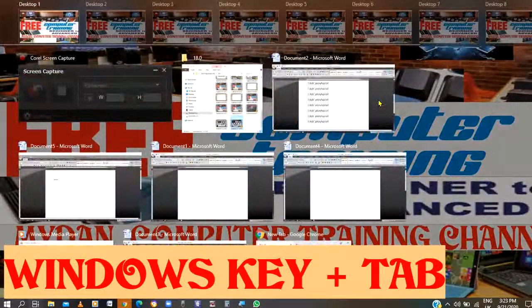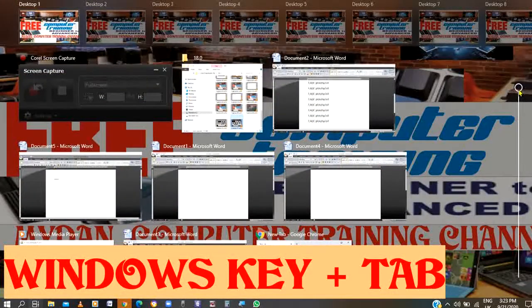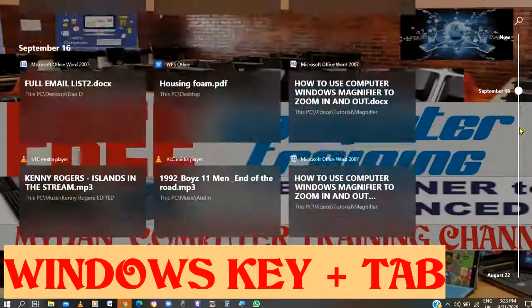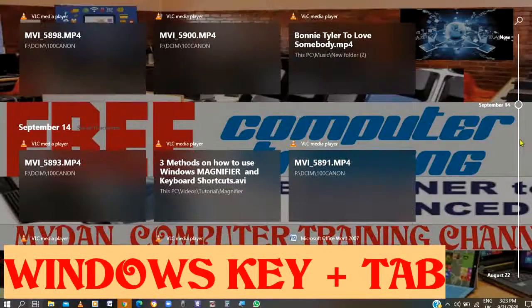With the application of these two keys, as you can see on my screen, it allows you access to go back to all the files that you have opened for the past 30 days. If you may observe from my screen, let me zoom part of it